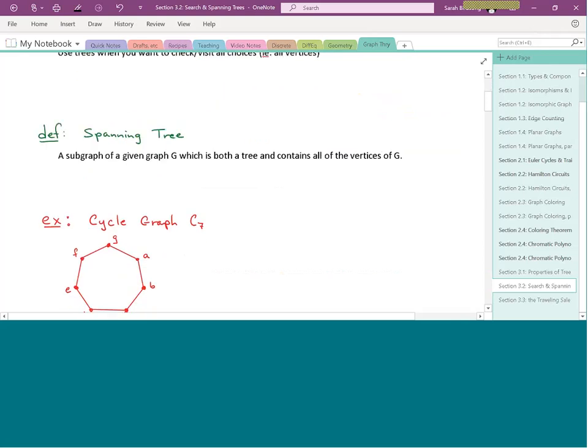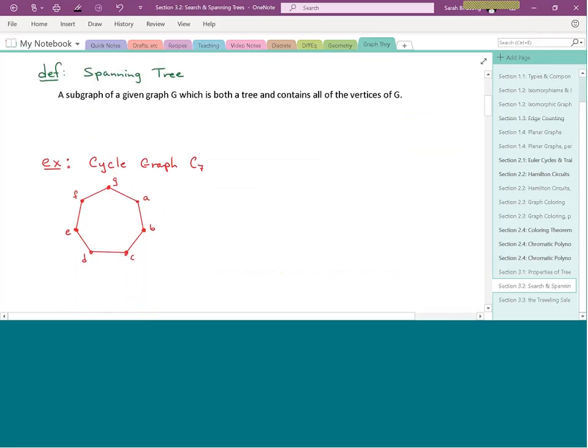So suppose we look at this first example. Suppose we look at the cycle graph, and I went ahead and looked at C7 here. I am now regretting that I didn't use the numbers 1 through 7, so it was easy to see that this was C7, but there's 7 vertices here and 7 edges. First thing to note,